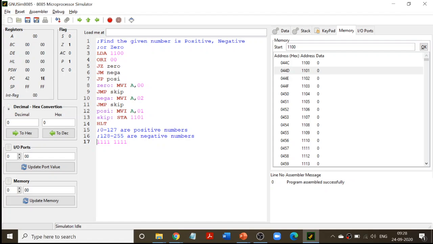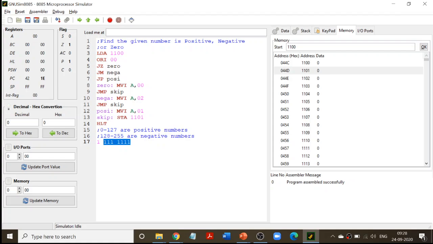Let me say I'm going to store the sign here. So that first bit is going to be the sign bit, 0 for positive number, 1 for negative number, let us say. In that case, what happens? The number of bits you have for data is only 7. Yes or no? Because you have left 1 bit for the sign bit, you only have 7 bits.